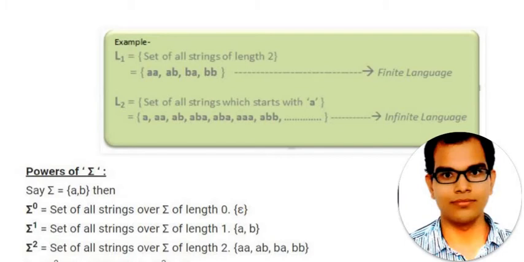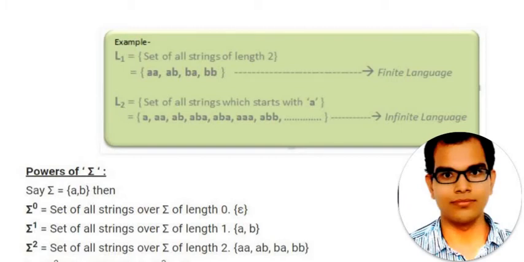So here a, or in that manner AA can also be possible, AB can also be possible, but BA is not possible because the string should start with A. If we talk about BA, then BA means the string is starting with B, so that will not come. But AB will come because it is starting with A.